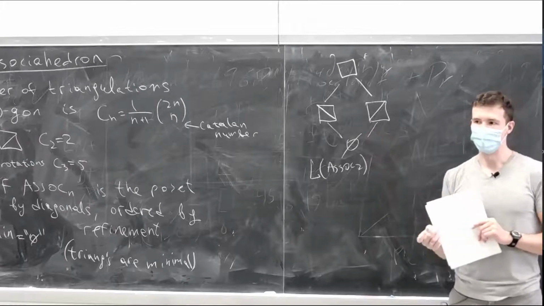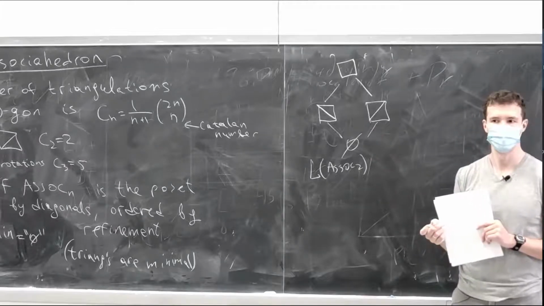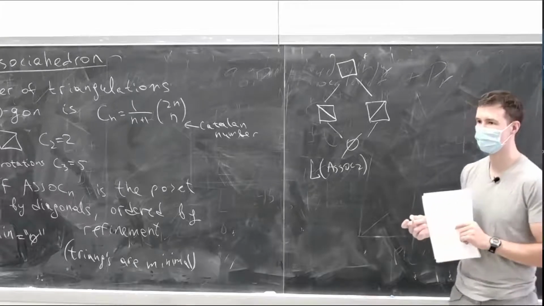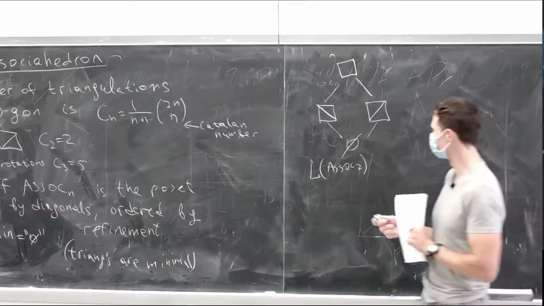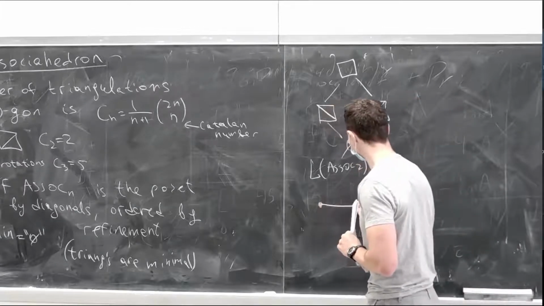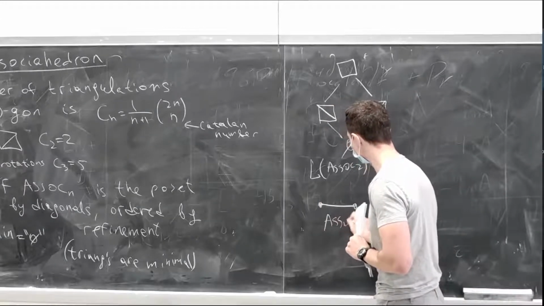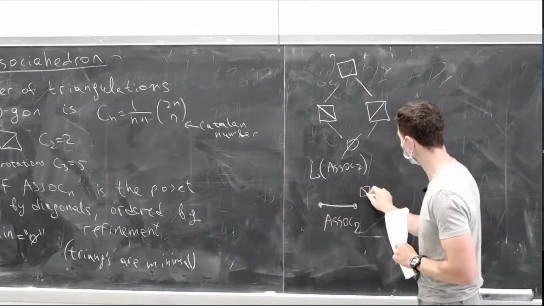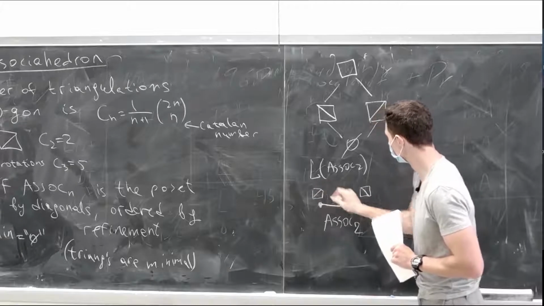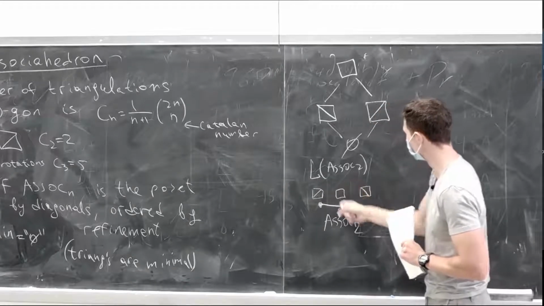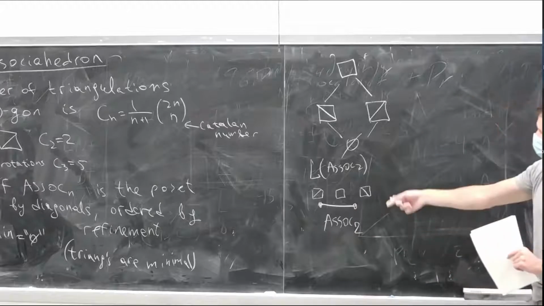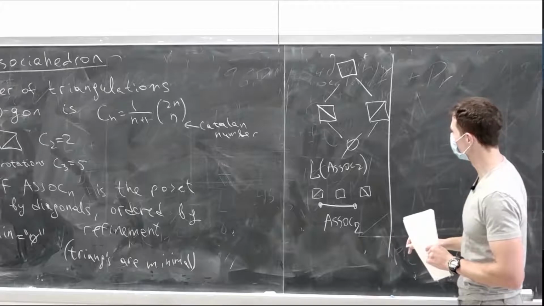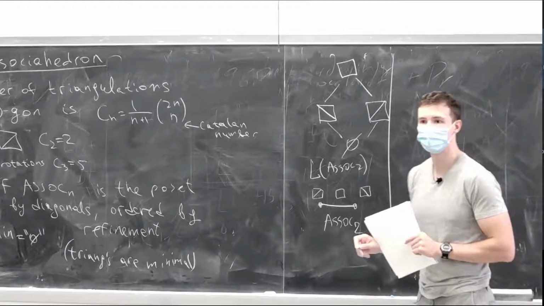Is this the face lattice of a polytope? Yes. Which one? A segment. Nice. If you take a line segment, then you can label the vertices by triangulations, and then the one-dimensional face by just the empty subdivision of the square. And then the empty set is the empty face. All right. Now, if I try to do the same for